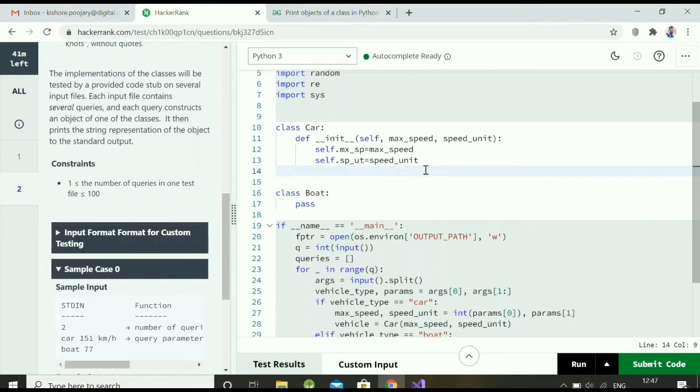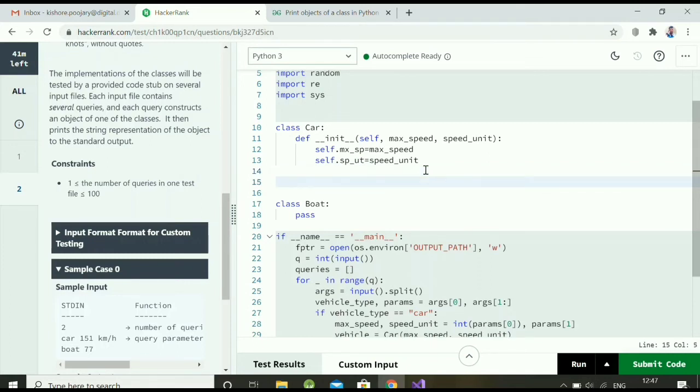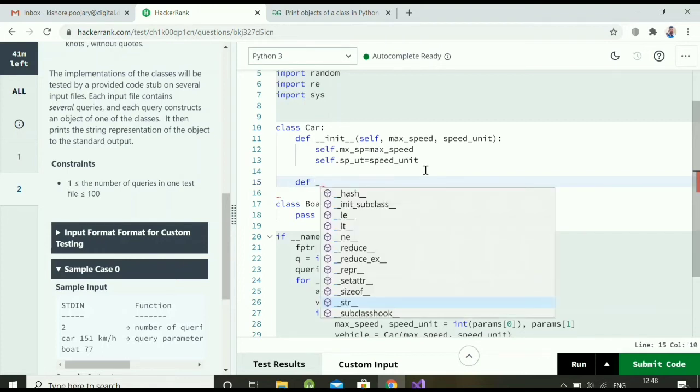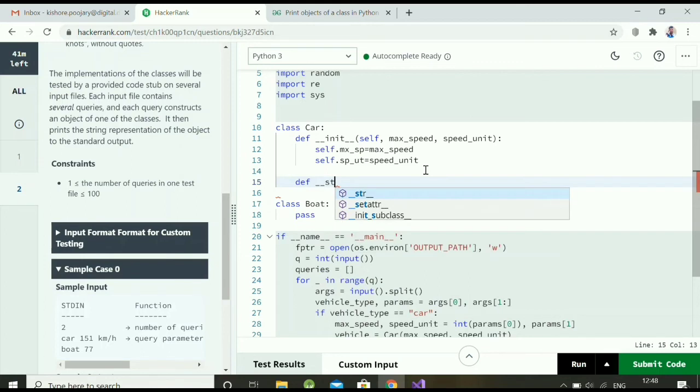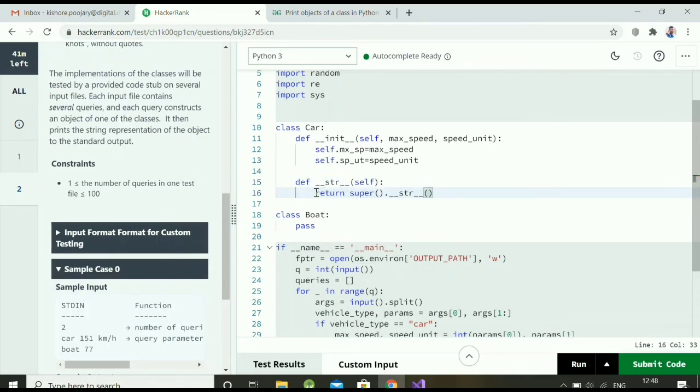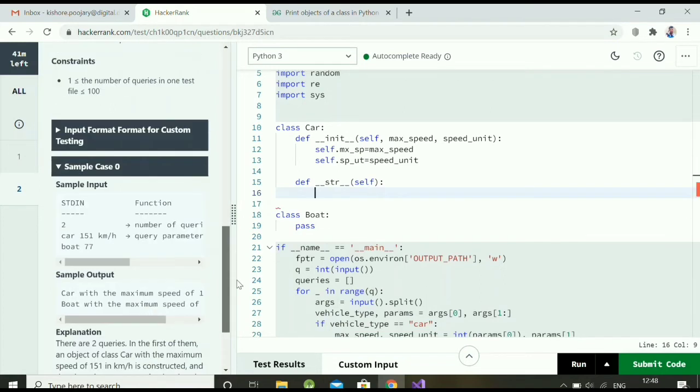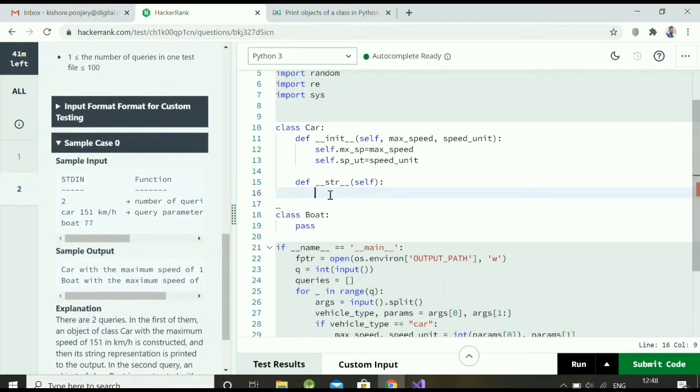So now we need to print as per the output you can see by calling the constructor. We need the string representation of the object, in the sense we need to use the function called __str__. This is an inbuilt function. If you click on that, here you just need to return the answer. You can see in the sample output how it should be.